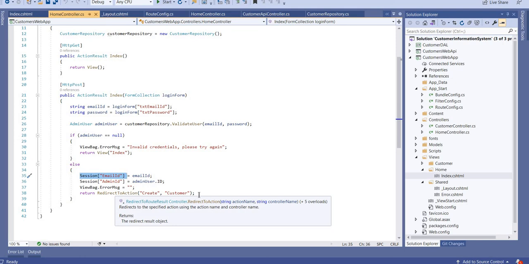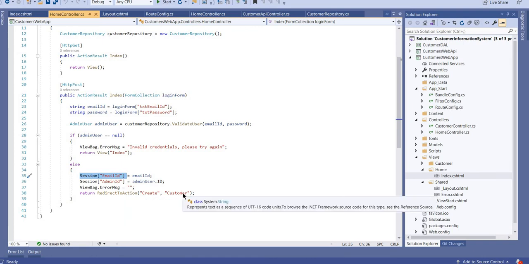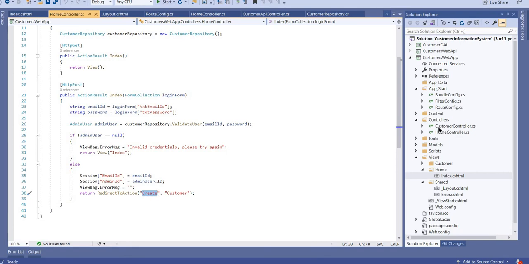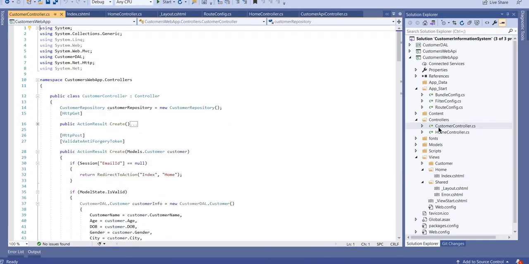What is that controller name? Customer. If you see the parameters, action name and controller name, this is your controller name. Inside that controller you have the action name create. So let's go see here.